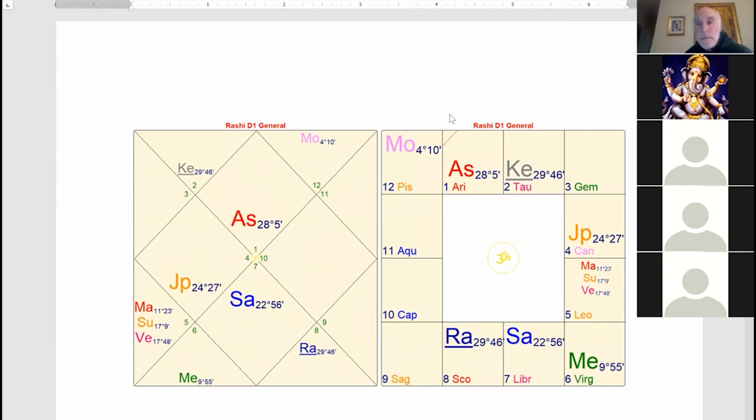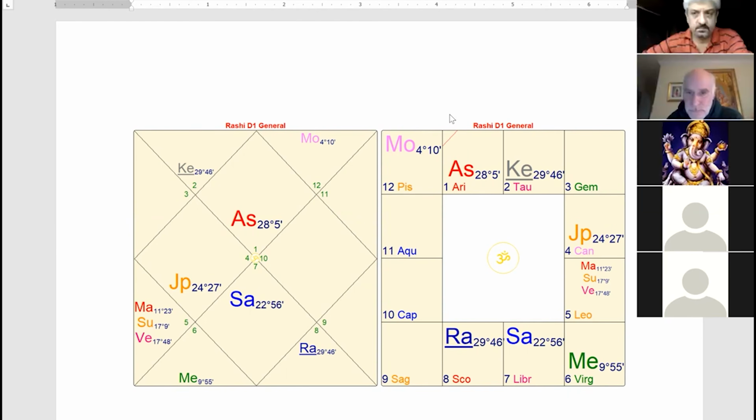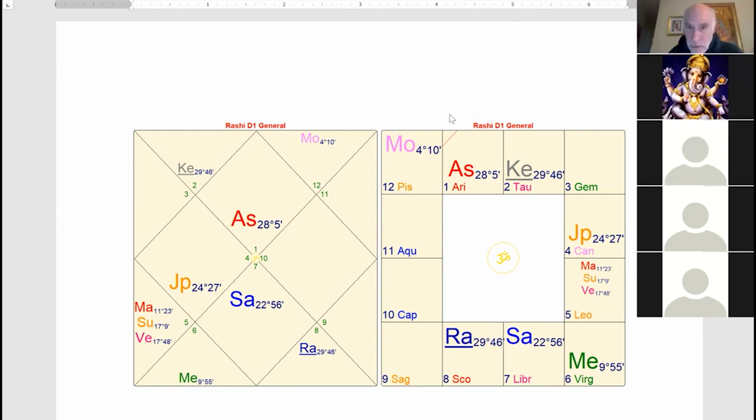Now, again, there's a purpose that I really wanted to discuss this chart and this example here related to our topic today, Pushkar Navamsha. Where in this chart are there positions in Pushkar Navamsha? Yes, it's Lagna. Lagna, right? So the first two charts I showed you were where the Lagna Lord was in Pushkar Navamsha. Here at 28 degrees of Aries, which makes the Navamsha Lagna Sagittarius, the good 9th house of this chart.